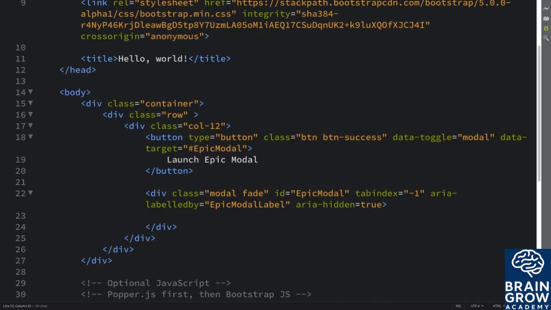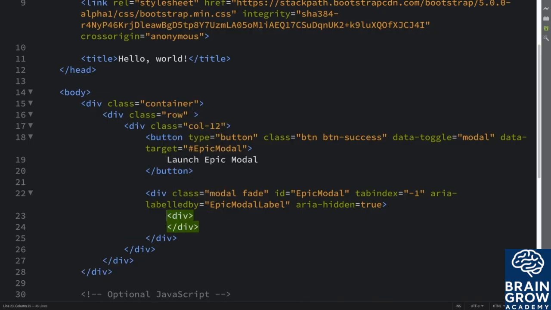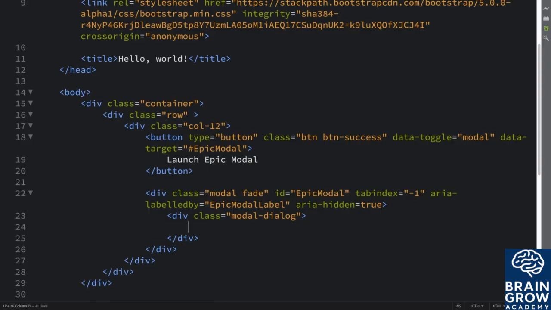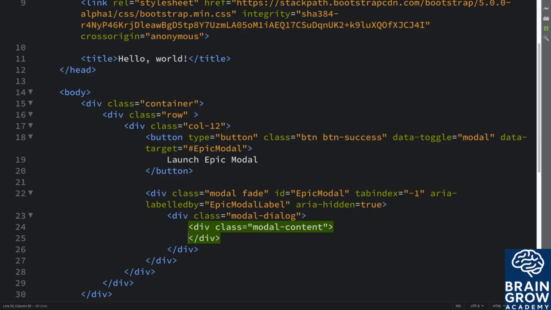And now we're going to have a modal dialog. So div class equals modal-dialog, and all of the modal stuff will be in here, but then within here we're going to have modal content. This is just the format they required based on the way Bootstrap is designed. And we're going to have a class modal-content, and then in here what we're going to do is